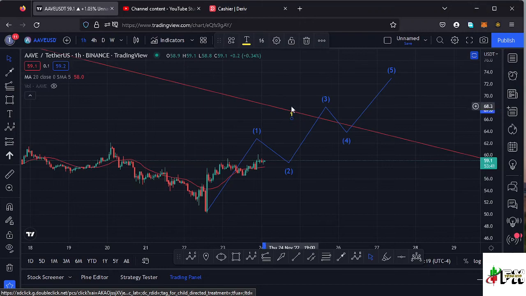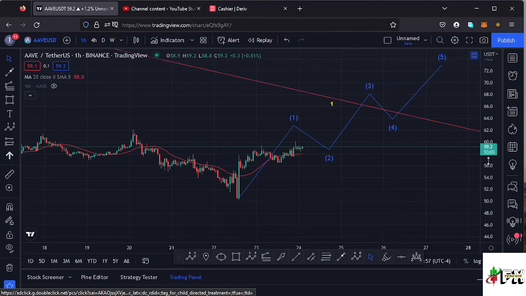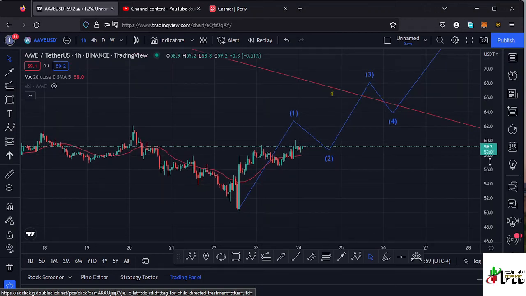And that is so because I believe we might have seen the low for that higher Elliott wave count 2 at around the $50.4 mark, and after seeing that low, we might have started that impulsive movement to the upper side in the formation of that higher Elliott wave count 3, where we also expect to see fractal waves in formation to the upper side. But for now, we can't say that this is a wave 1 because the chart has not yet completed unfolding over here. But the good thing that we can say is that Aave here on the 1-hour chart is trading above the 20-day MA, meaning it's acting as